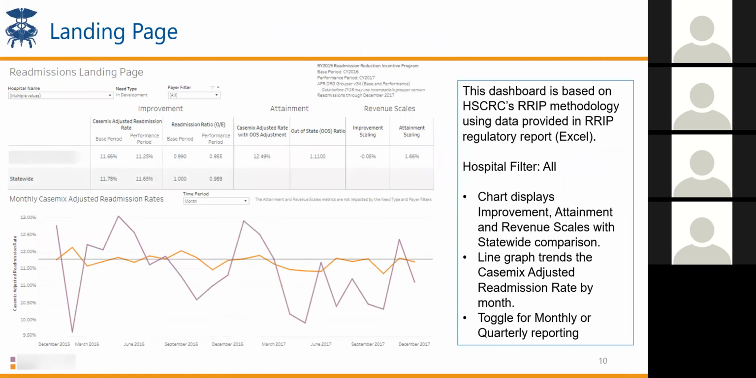So, moving on to the first dashboard, the landing page. As you can see with my screenshots here on the right-hand side, there's a hospital filter, and it will either say all or POC approval, and this will let you know what a user will have access to. So this hospital filter will include all hospitals, and this report is based on, again, the RRIP methodology,